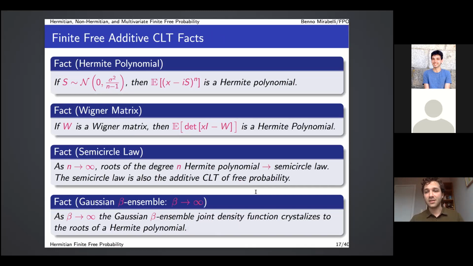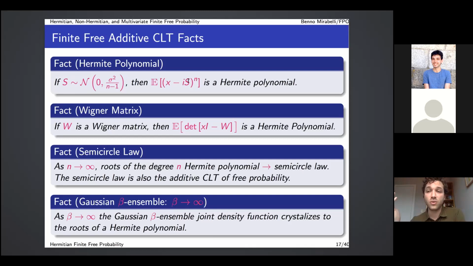So as I said in the beginning, finite free probability connects to a lot of related topics, so other fields. So I'm going to just discuss some here with this polynomial. So it connects to polynomial convolutions and study of polynomials. In fact, this expected polynomial has a name. It's called the Hermite polynomial. If you've seen them before, you might have seen it written in terms of differential operators, but this is another way to write it, where S is a Gaussian distributed random variable.